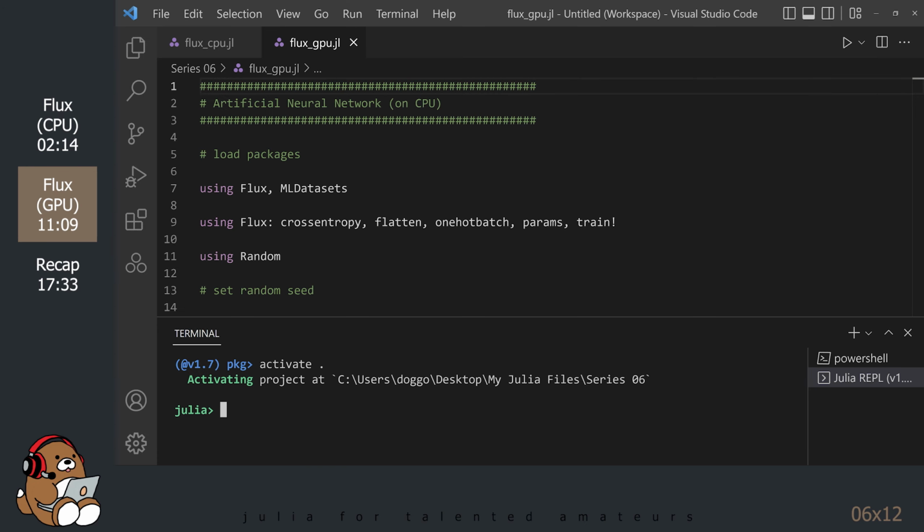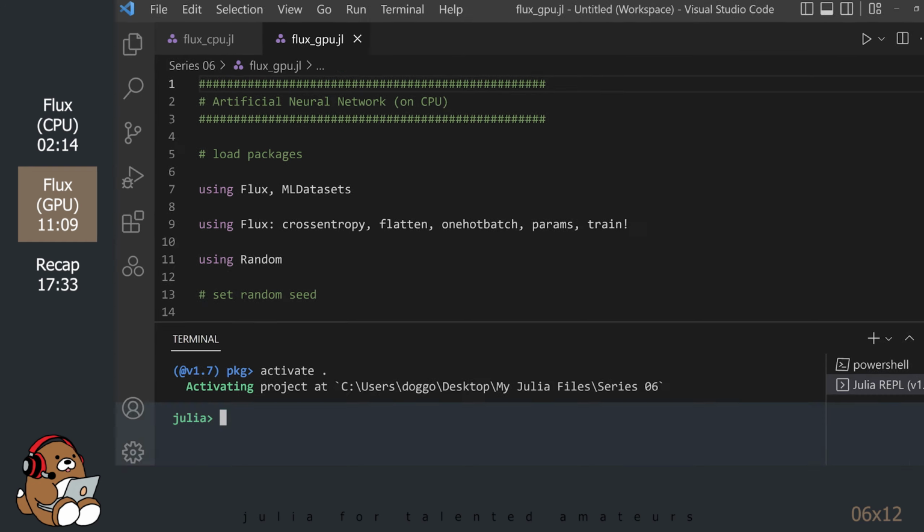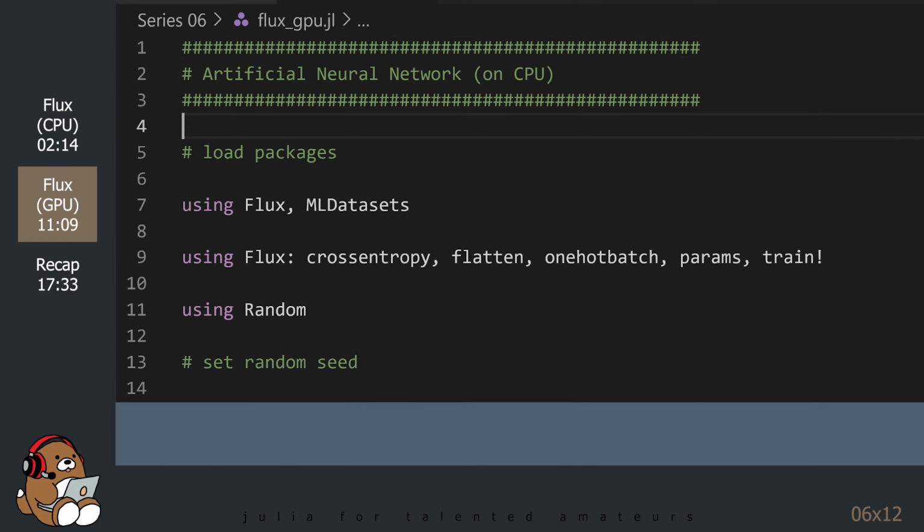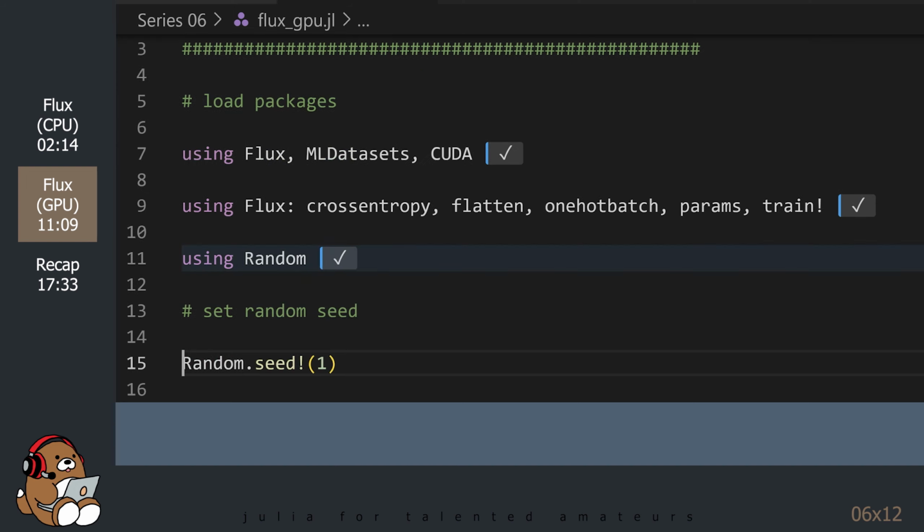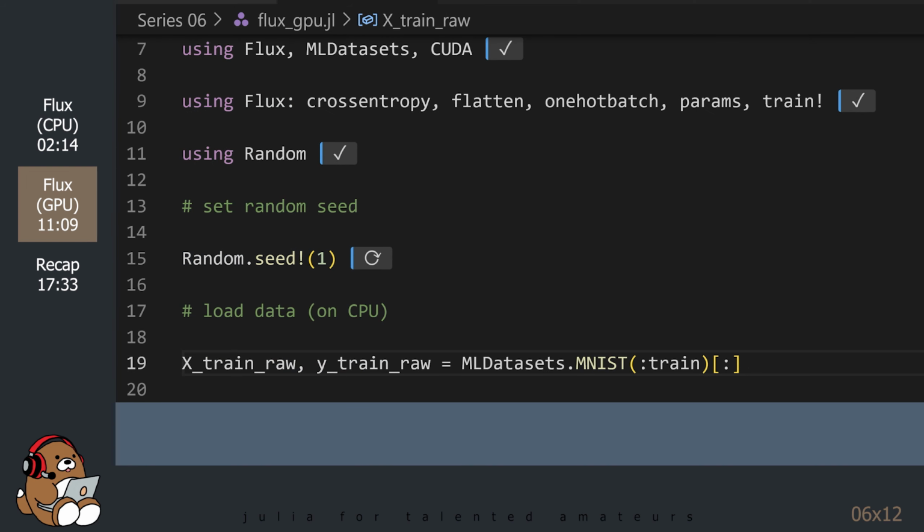Let's go through this code line by line to see what modifications are needed. I'm going to start by changing the comment at the top. Next, be sure to include CUDA here. There are no changes needed for the next 3 lines of code, so you can just run them.